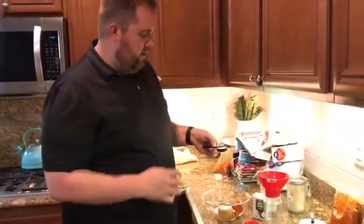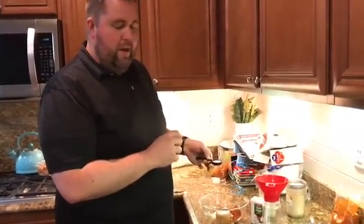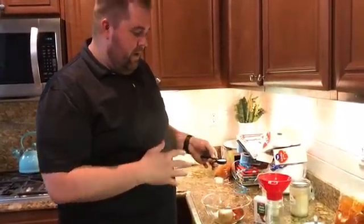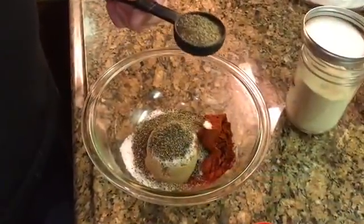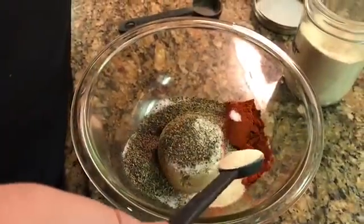It's a little more coarse than regular salt. And because the salt's in there, you don't want to have the rub on the meat for longer than about an hour, hour and a half, because the salt will start to suck the moisture out of the meat. Okay, and 3 tablespoons of coarse black pepper,